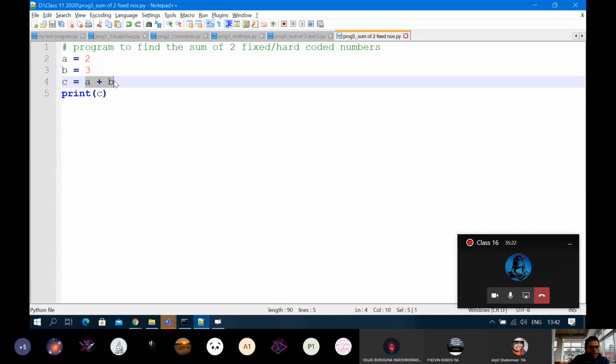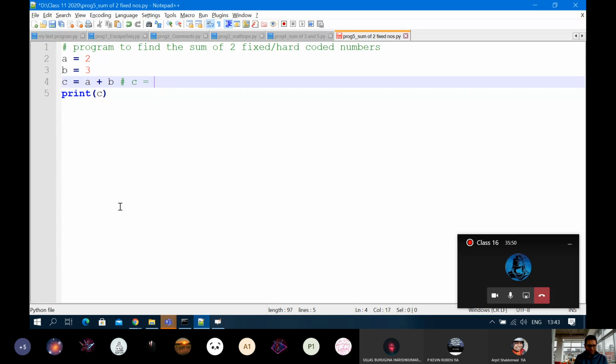Then once the expression is obtained in the form of operands and operators, wherein the operands are only numeric values, the value will be calculated as per the rules of mathematics, that is, 2 plus 3 will give you 5, and therefore this 5 will be one single value. So now the expression reduces internally to C is equals to 5.